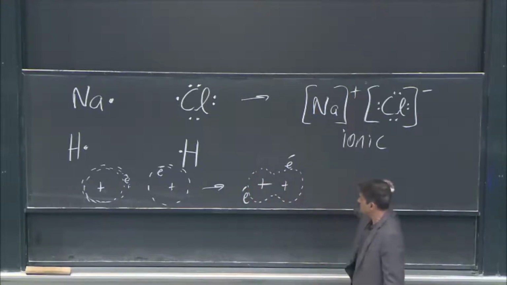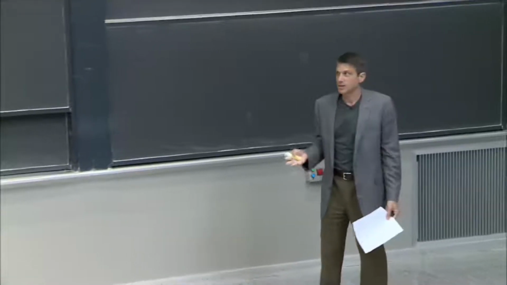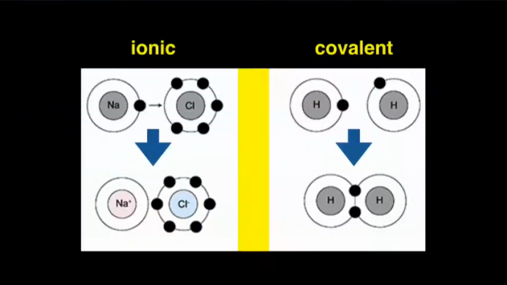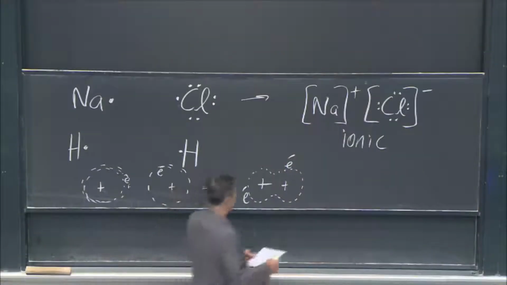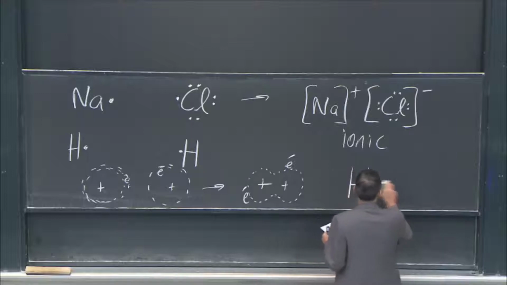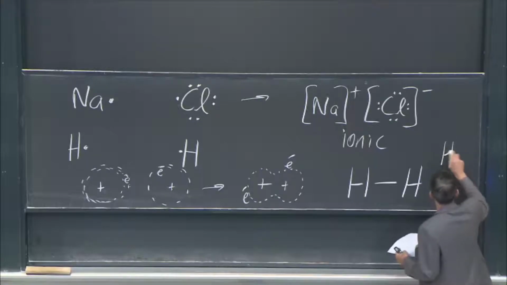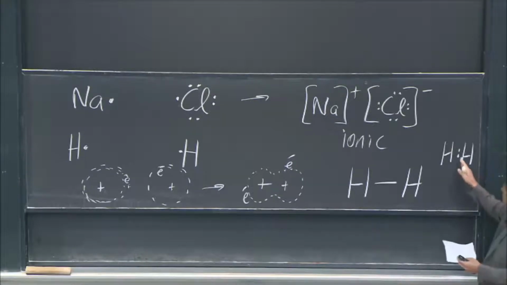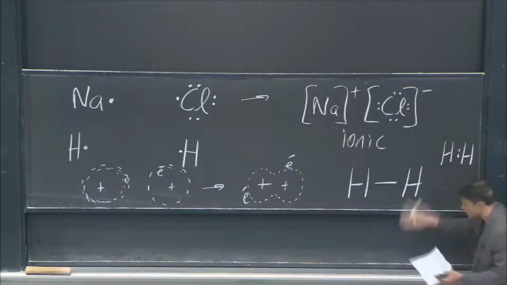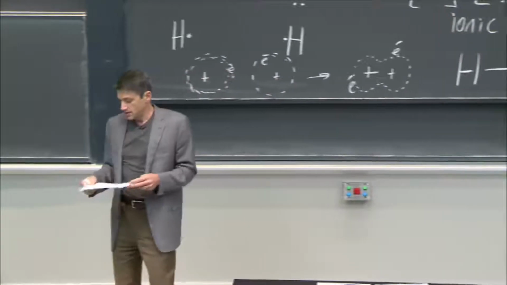But you can see right now, this is a very different kind of bond. This is not ionic, this is covalent. When atoms share electrons, it's a covalent bond, okay? And that is something we write differently. We write it with a dash. Or you could just put those electrons in between them, like that. It's showing that those electrons didn't go to one or the other. They're in between. They are what are making up the bond together, sharing those electrons across the atoms.